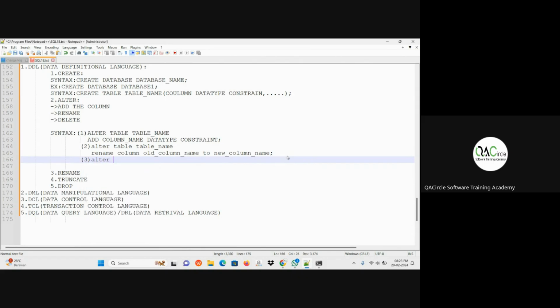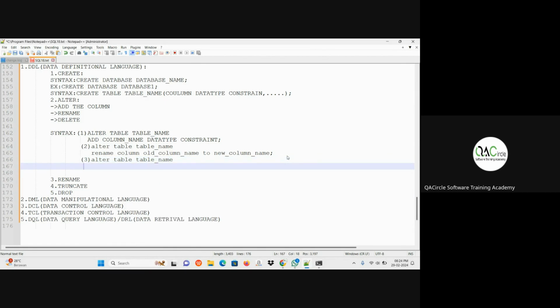Same thing. In the alter statement, you should mention the table you are altering and the table name. After that, since you are deleting the column itself, you use the drop statement.